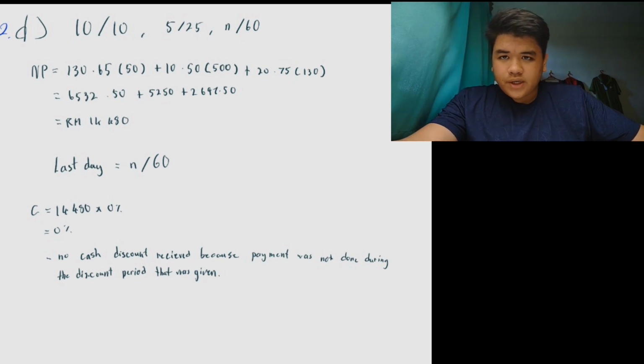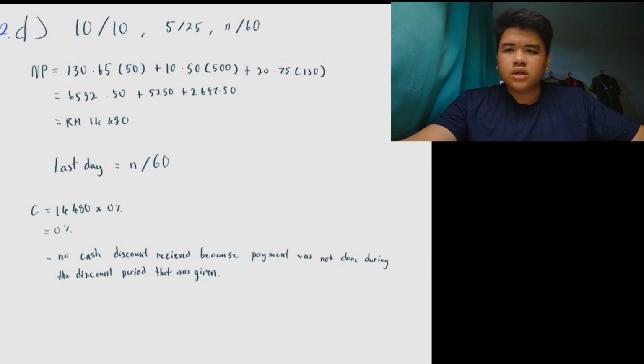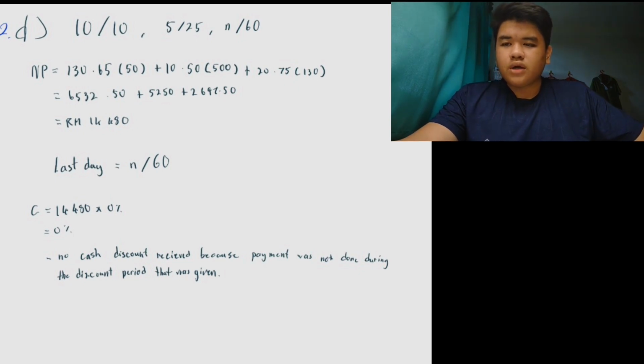Question 2d. To find the amount of cash discount received if the payment was settled on the last day of the discount period. First of all, choose the term of discount for the last day of the discount period. To find the net price, 130.65 multiply with 50 plus 10.50 multiply with 500 plus 20.75 multiply with 130. And you will get the answer 14,480. To find the cash discount,